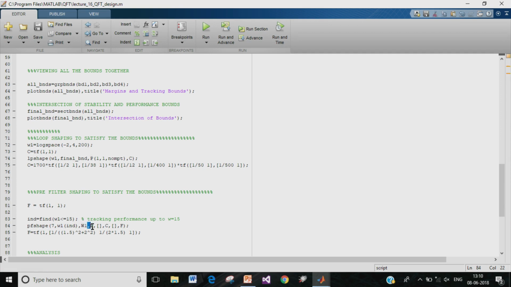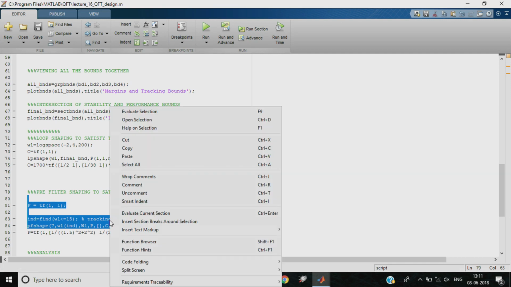P here represents the uncertain plant, C here represents the feedback controller that we have already designed, and F is a pre-filter. At the moment we have not yet designed the pre-filter, so F is equal to 1, or in other words F is tf(1,1). We can now run this part of the code, and we will be led to a window